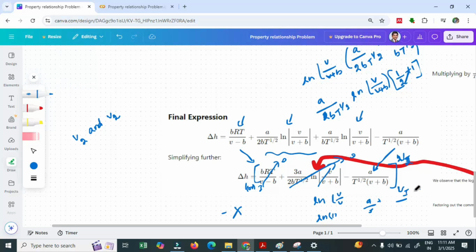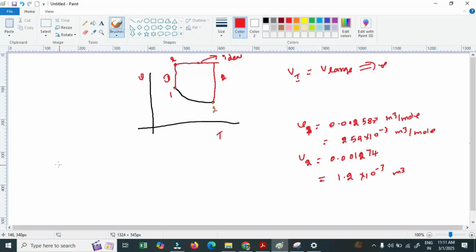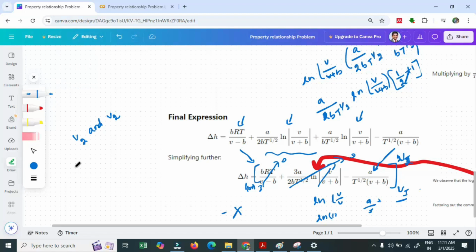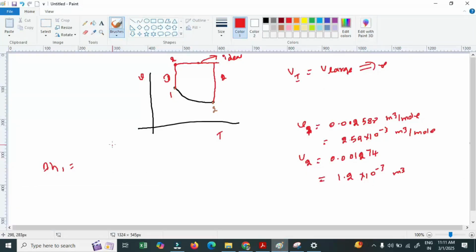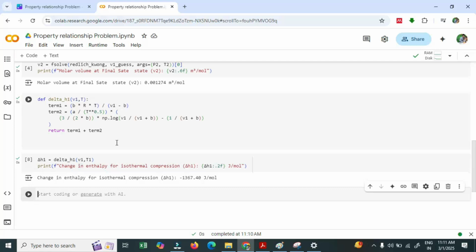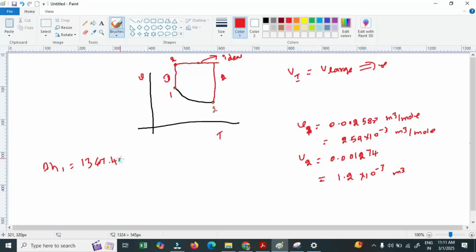Now I'll just call the function here again. Only thing is it is my delH3, and here I need to give the V2 value, V2 and T2, and whatever value I'm getting will be my delH3. Okay, and let me execute to see whether I'm getting an error. Yeah, I'm getting